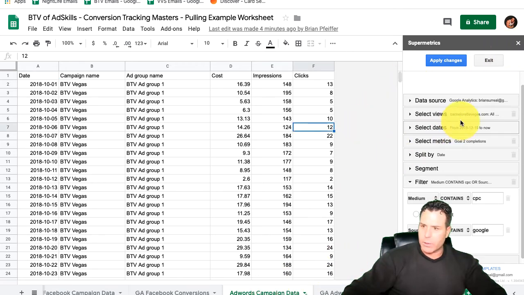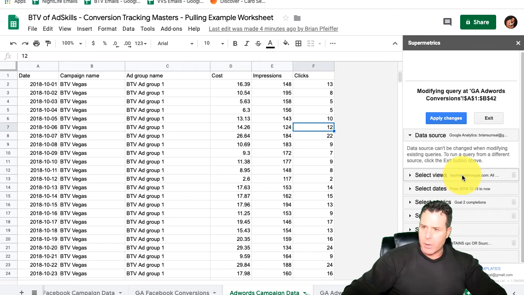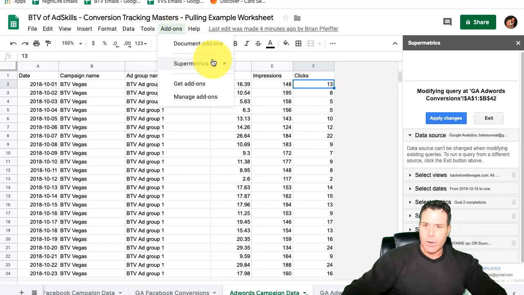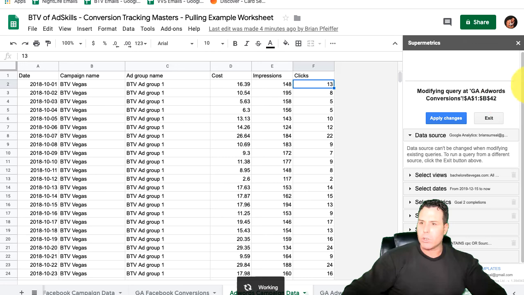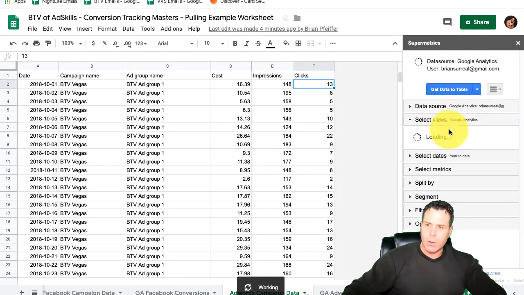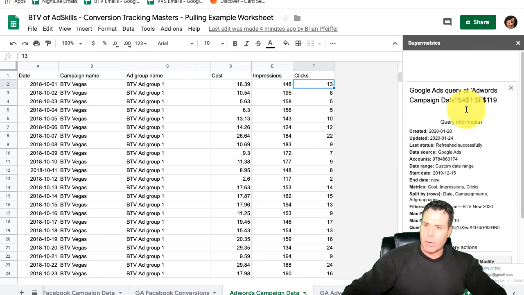So let's see. I want to make sure that this isn't in the add-ons. Okay, so we go to Supermetrics here, and we launch the sidebar. Usually it just follows you around, but it doesn't look like it's refreshing. My computer's kind of slow right now. All right, so there we go. So now we're pulling in